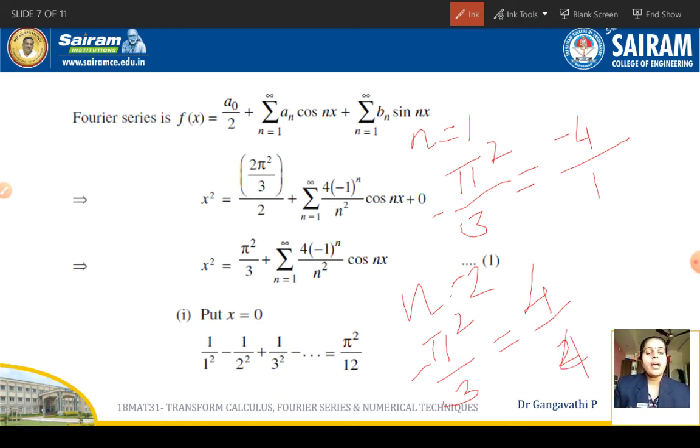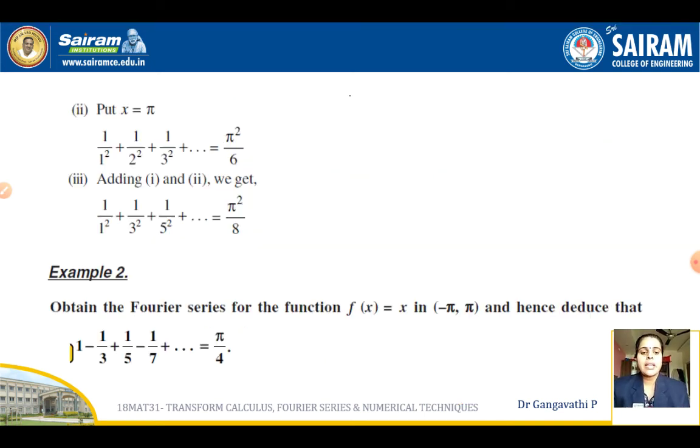So 4, again like this we can, when we write for n is equal to 3, 4 and so on, 4 becomes a common term in the numerator which can be taken out, and you can multiply towards the other side here. So we get that as pi square by 12, and for n is equal to 1, 2, 3 you get the required terms. You can work it out and check. Even in the live class I had explained how exactly you will get that. That is for your first case.